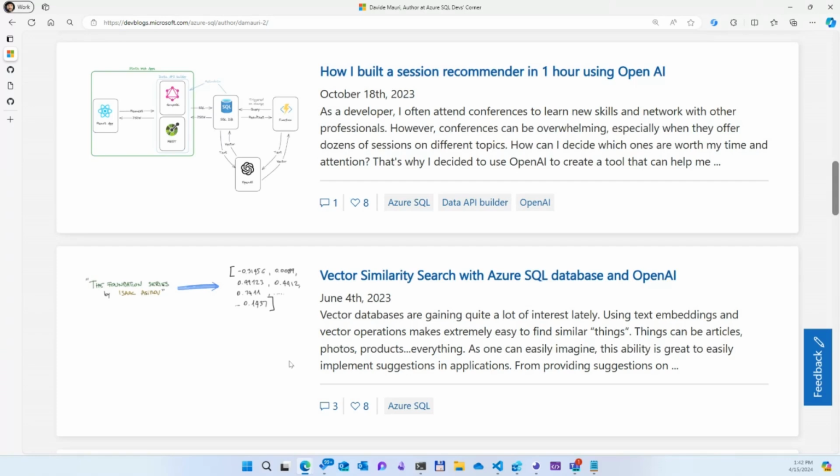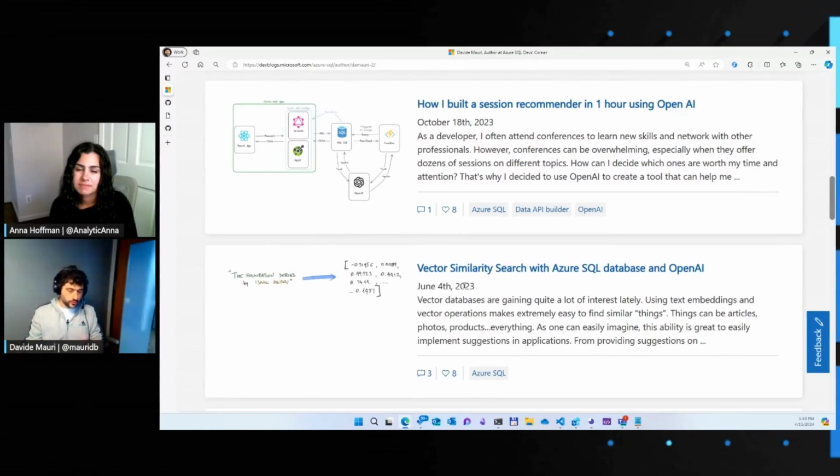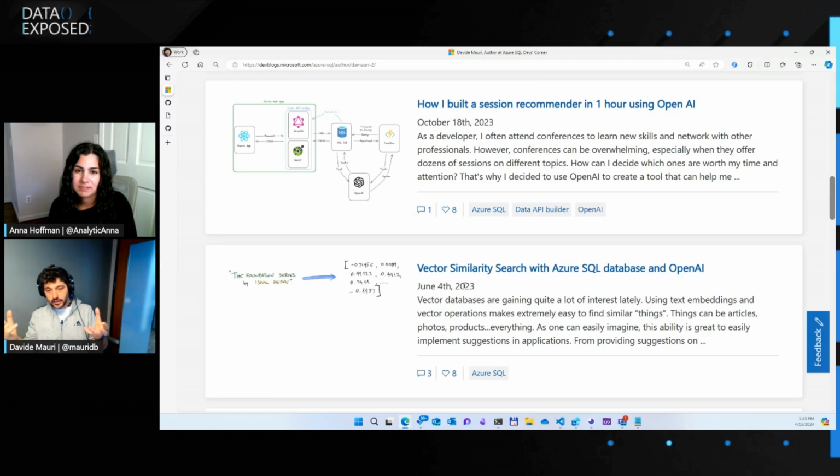So I wrote, I think almost 1 year ago, this article that you can find on devlogs.microsoft.com that shows how you can actually store vectors in Azure SQL already. And I will not go into detail here, but basically the point is that you just store each dimension of each vector in its own row, and then you use a column store index to speed up search and basically operations on the vectors. And thanks to something called sp_invoke_external_rest_endpoint, you can take any object, any idea,